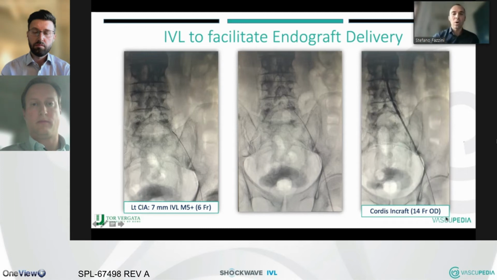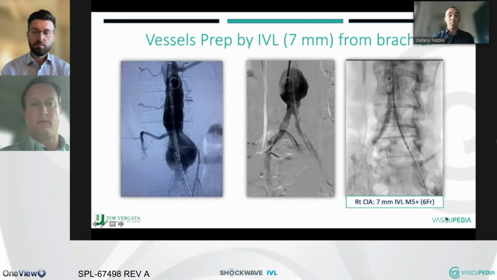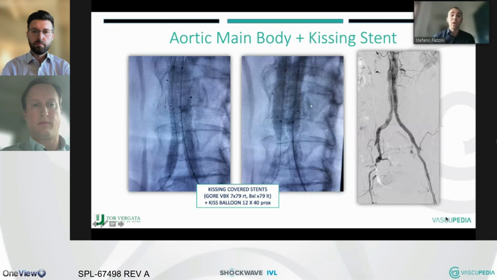So let's go on with the next step. We decide to deploy the endograft and then come from above and cannulate the contralateral limb, to do the vessel prep for the right common iliac artery, again with 4 cycles of M5 plus at this location. And for this reason, by using a cover stent, in this case 7 millimeter on the right, 8 on the